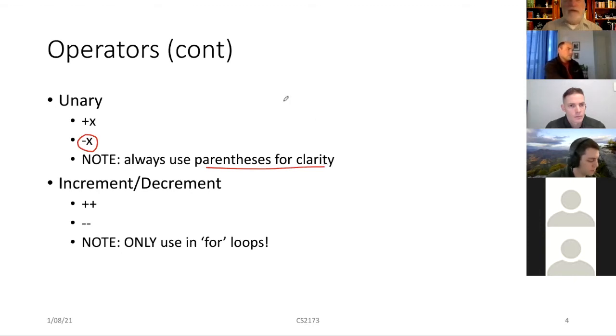In other words, if I have x plus y times 3, all right, so perfectly legal. And you should all know the precedence here. So how would this be evaluated?